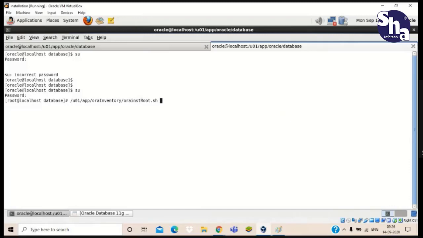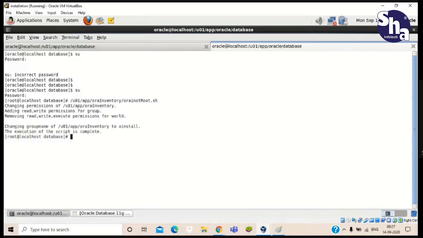This is our first script. Only write the script, with nothing before it. You don't have to use any OS command such as cd. Just write the script /u01/app/oraInventory/orainstRoot.sh, press enter, and our execution is complete.